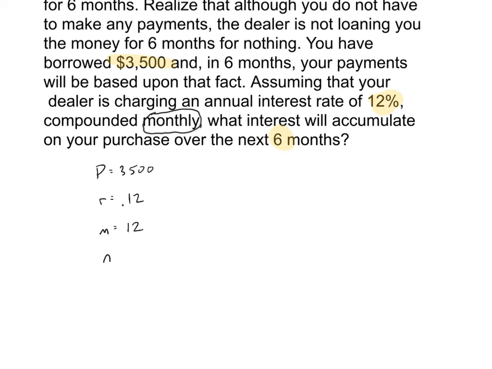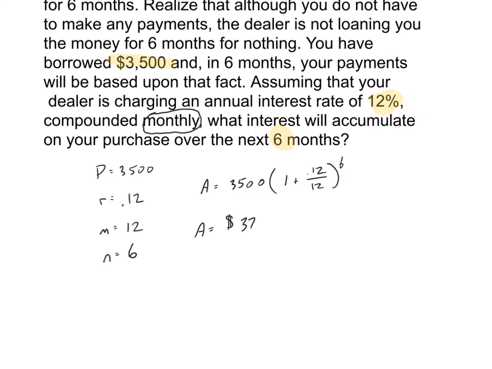And N, the number of time periods, in this case, is 6. So we can substitute that into our compound interest formula: 3,500 times 1 plus 0.12 over 12, raised to the 6th power. So you type all that into your calculator, and we find that the future value of this account